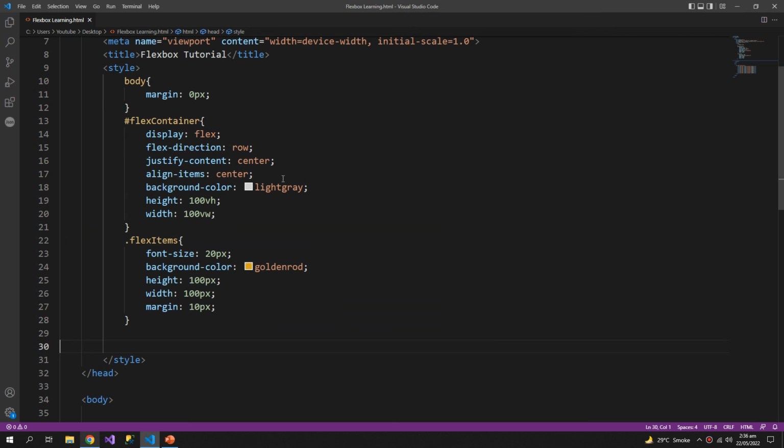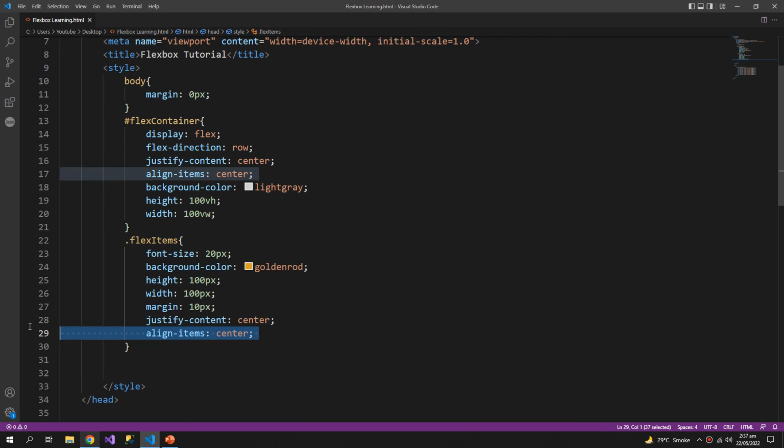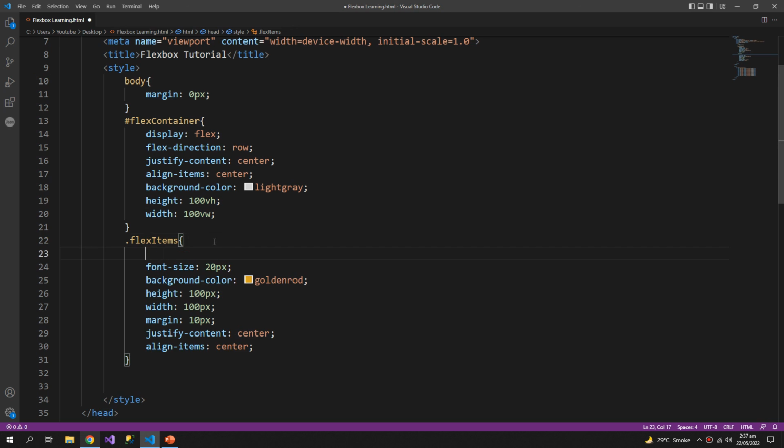So what you can do is copy both of these properties and paste them within the flex items, but they won't work because these are the properties of a flex container. So what we can do to make these flex items a flex container is put display flex,